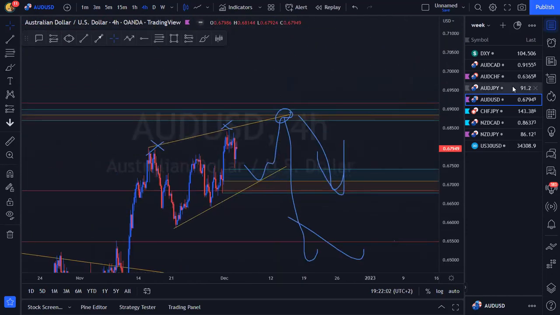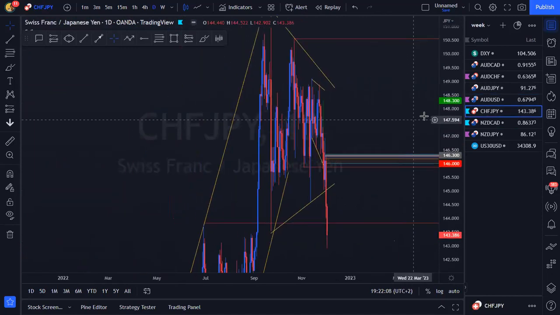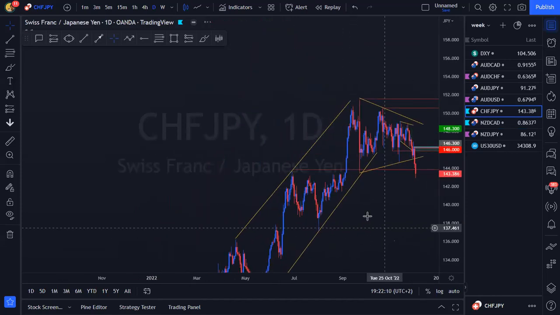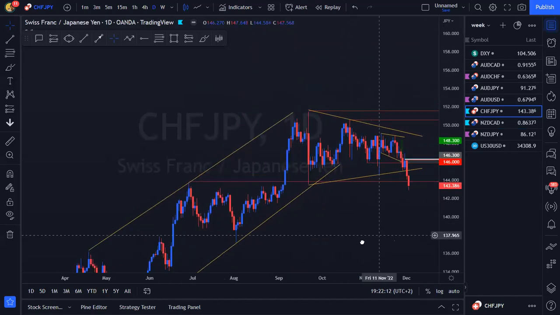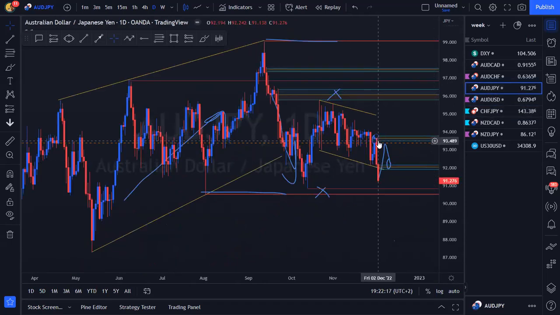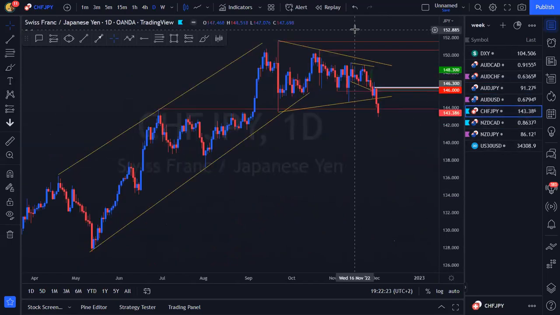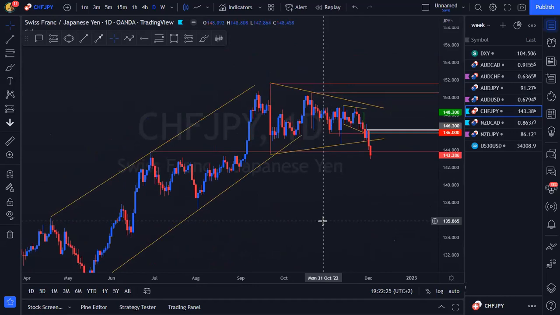Otherwise, all things scream sell for me right now, looking at this overall structure. Let's go on to some Swiss yen. We'll start off on a daily. You guys know Swiss yen was nonsense to us last week. She pumped us into a buy. So basically the same buy that I was seeing here on AJ that made me scared to jump into the downside continuation was the buy that we actually triggered ourselves into on Swiss yen. And yeah, JPY crosses just decided to do what they wanted to do.